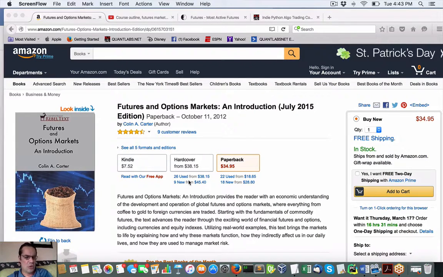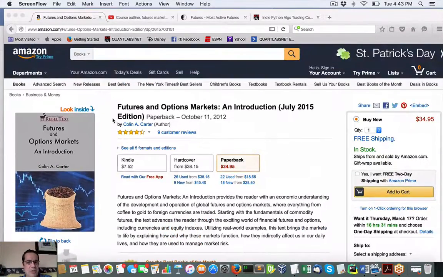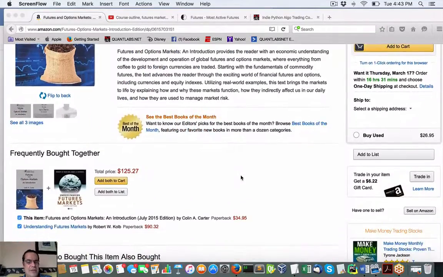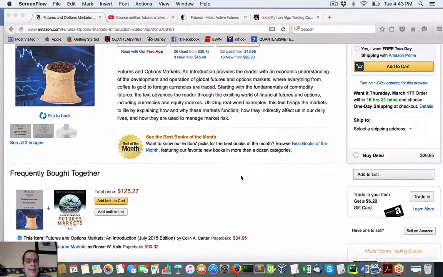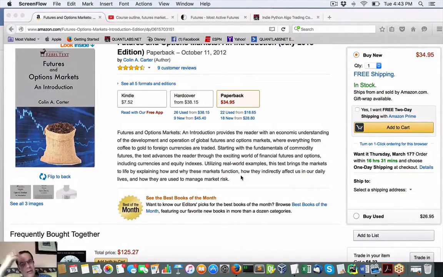And I just wanted to show you where these algos come from. Basically, it comes from this book that you're looking at from Colin Carter, who's a professor over at UC Davis. And this set of algorithms is really more fundamental based, focusing more on the equilibrium in the markets, specifically futures and commodities,